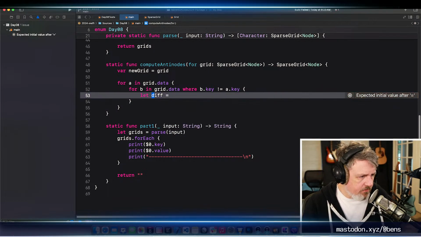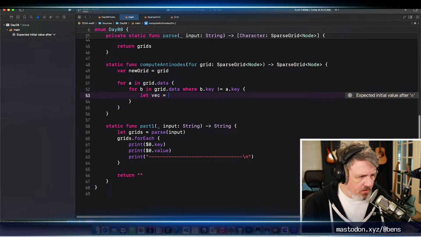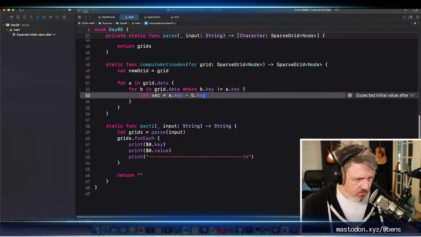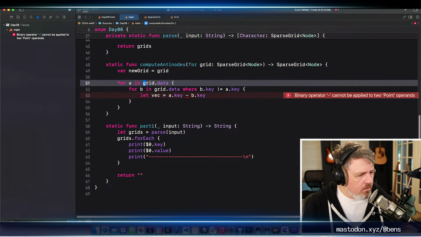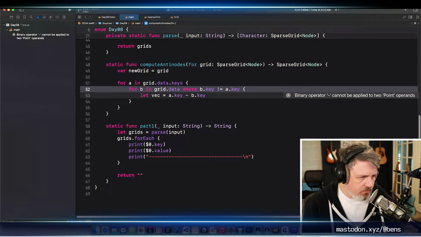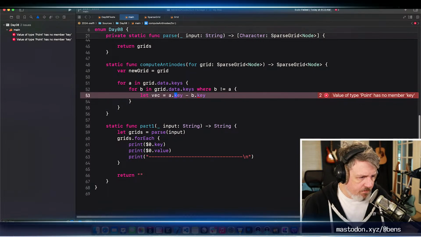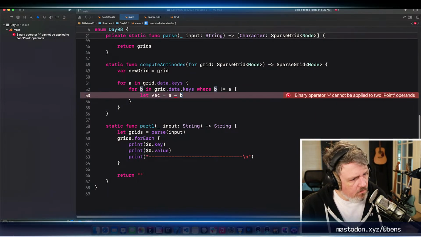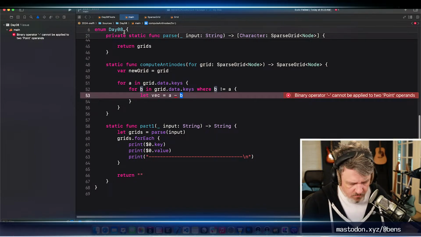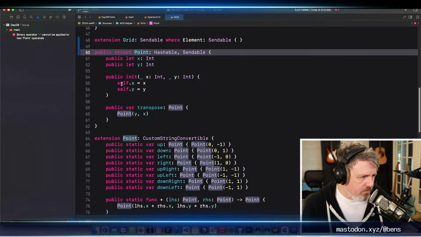So this is going to be the vector between them, and that's going to be a.key minus b.key, which are the 2 points. I think I only care about the keys at this point, so I can just do this. Minus can't be done to 2 points.